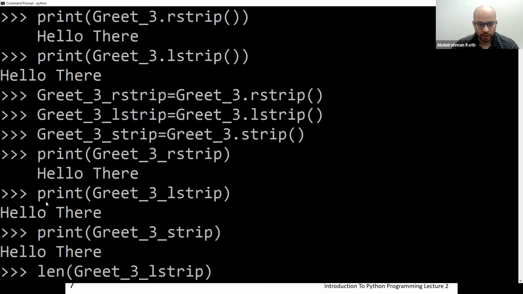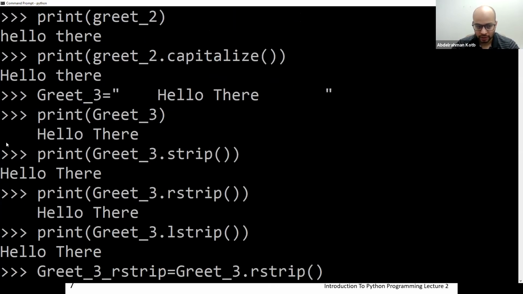It goes to greet 3, which is this one, counts the number of spaces, and then finds H as the fourth element.